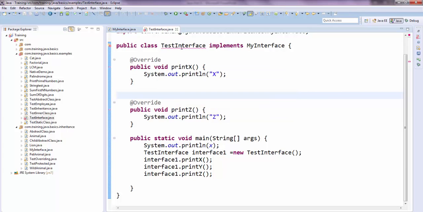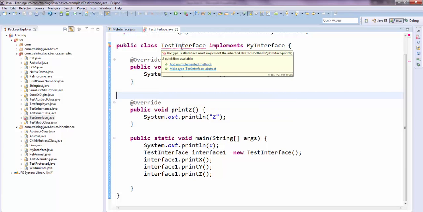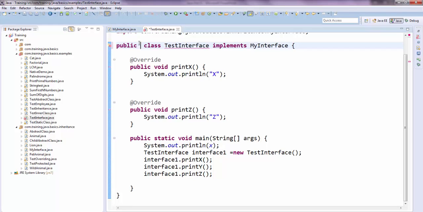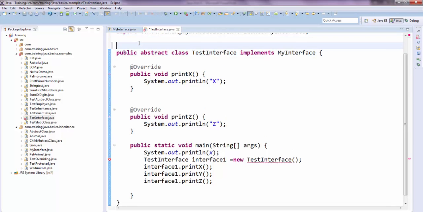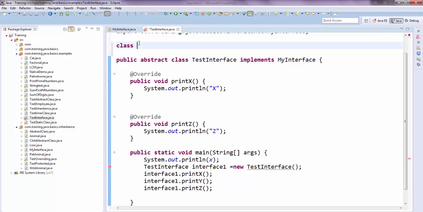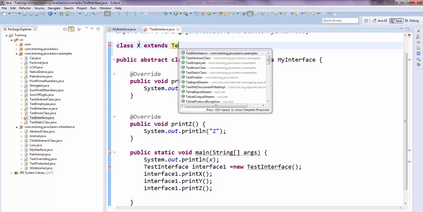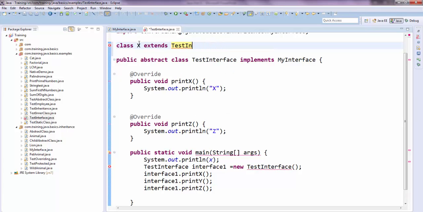Another way is that you mark this class as abstract, which means you are delegating that job to your child class. So here if I say class x, which extends test interface,